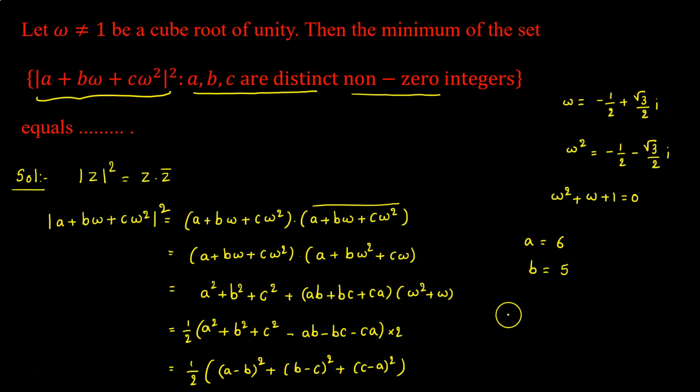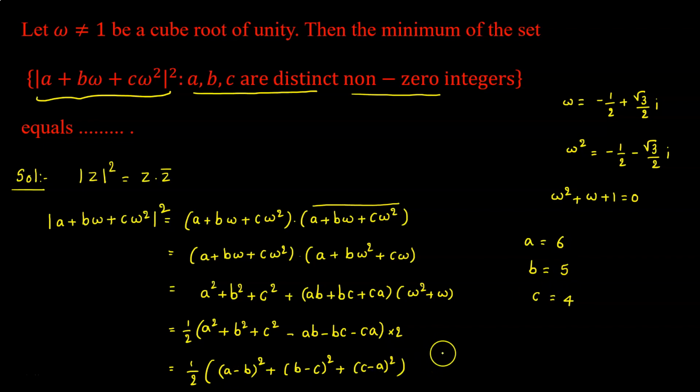and b minus c. Now we want b minus c also to be as least as possible. So we can say c as 4 or 6, but we cannot choose c as 6 because they are distinct. So c has to be 4. We want to minimize this quantity, so we want b minus c also to be as least as possible, and the least possible value is 1 plus or minus 1, and the square of that will be anyway plus 1. Now when we make any two of these quantities 1 and 1, the other quantity will become 4, because here you see c minus a is going to be minus 2, it will become 4.